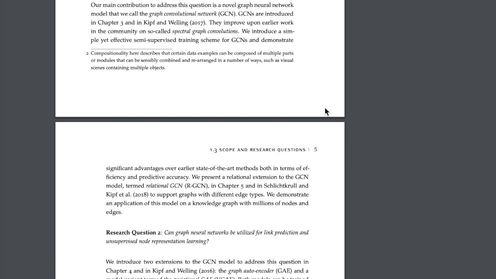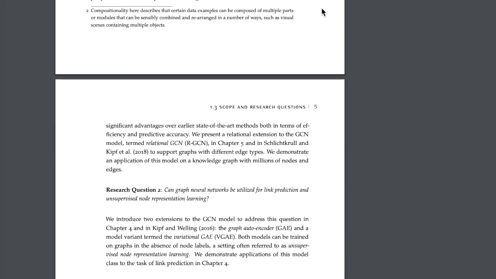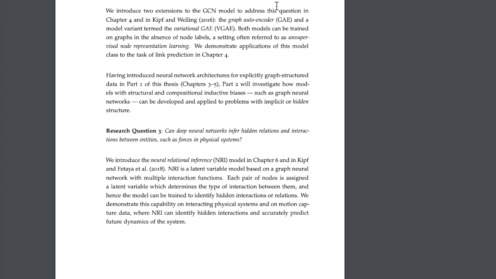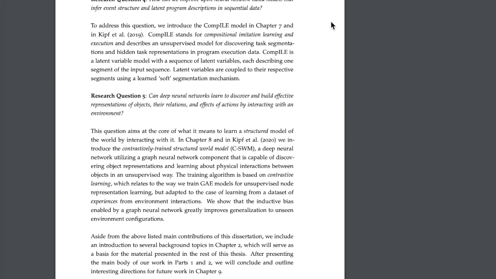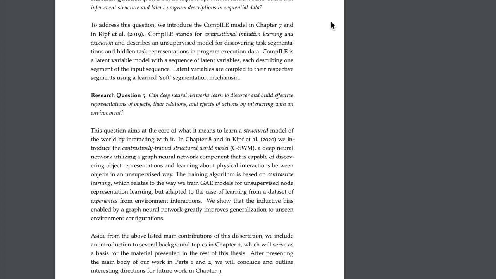in this thesis. Can we develop and efficiently implement deep neural network based models for large-scale node classification tasks in graph structured datasets? Can graph neural networks be utilized for link prediction and unsupervised node representation learning? Can deep neural networks infer hidden relations and interactions between entities, such as forces in physical systems? How can we improve upon neural network-based models that infer event structure and latent program descriptions in sequential data? Can deep neural networks learn to discover and build effective representations of objects, their relations, and effects of actions by